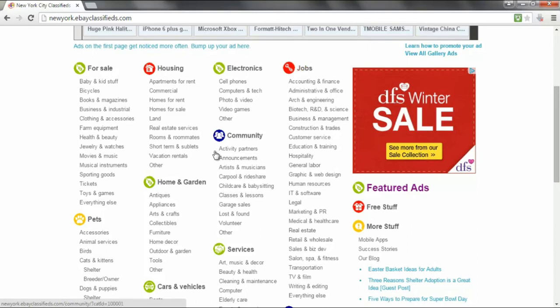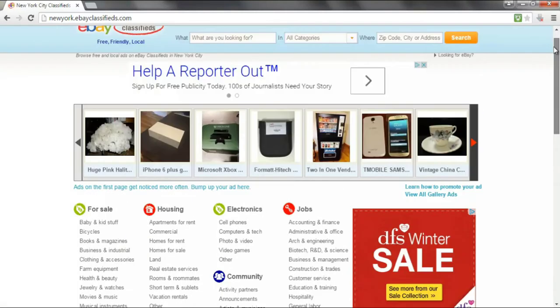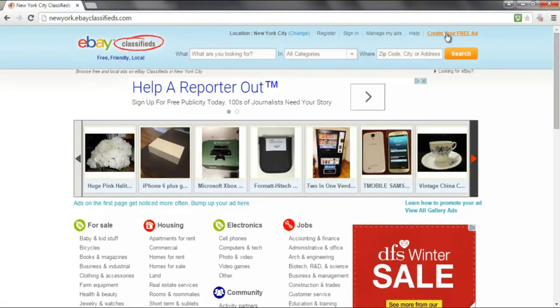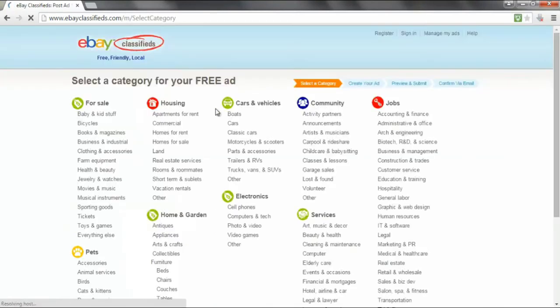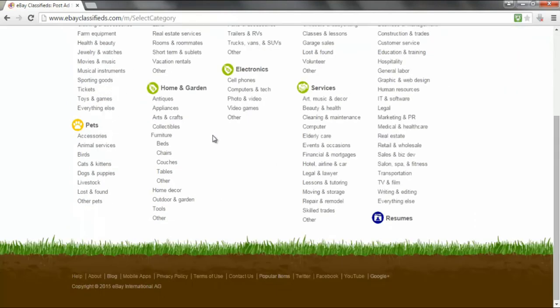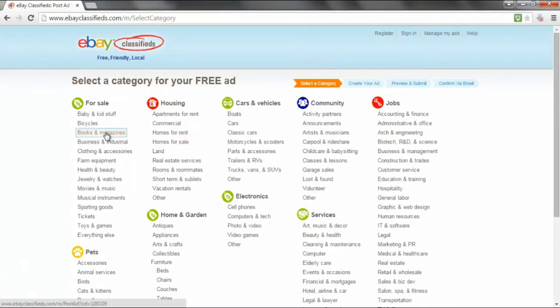But another very simple way is just to list a free downloadable book. All you do is click create your free ad, and you'd place it in the books and magazines category.